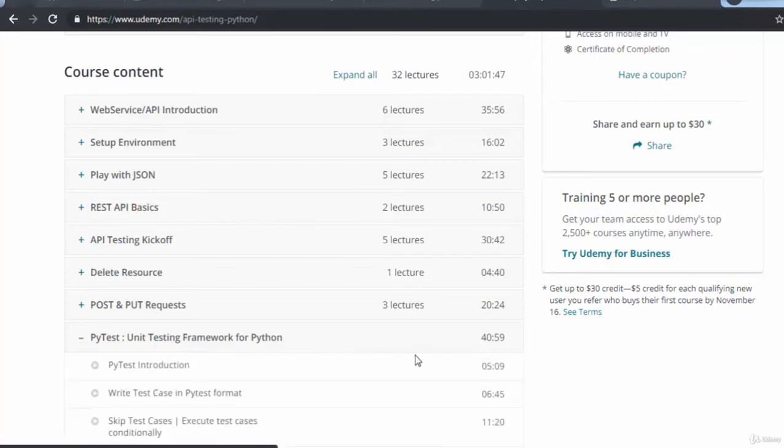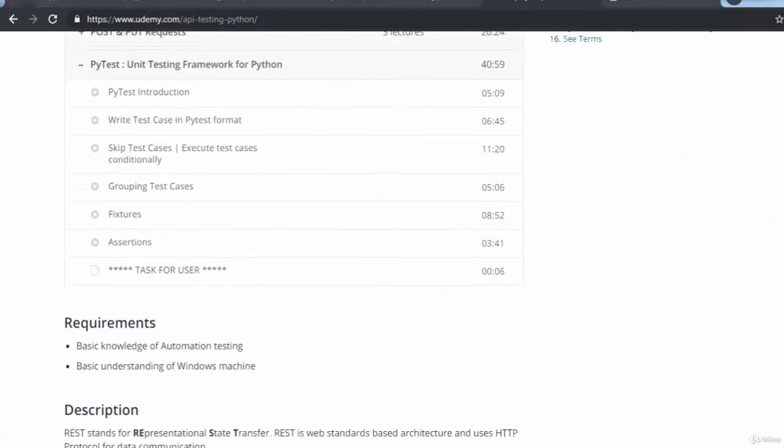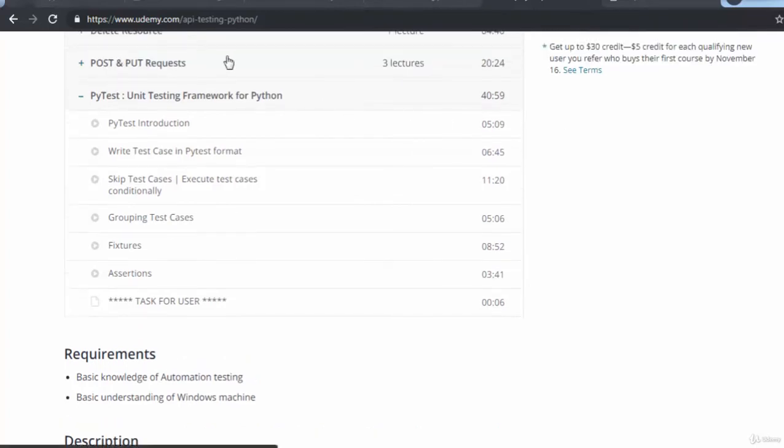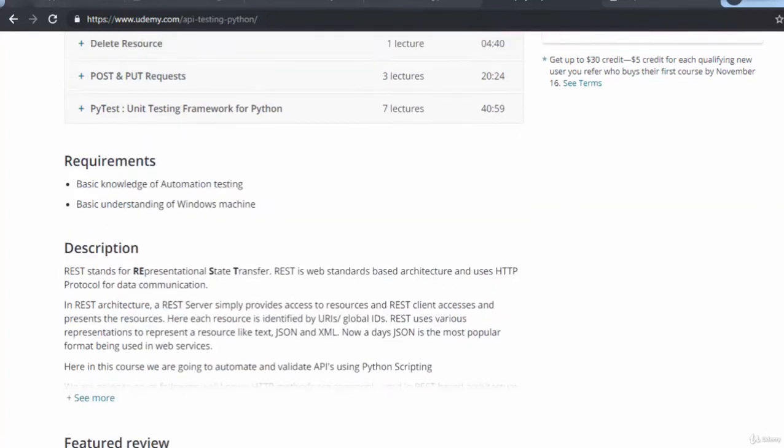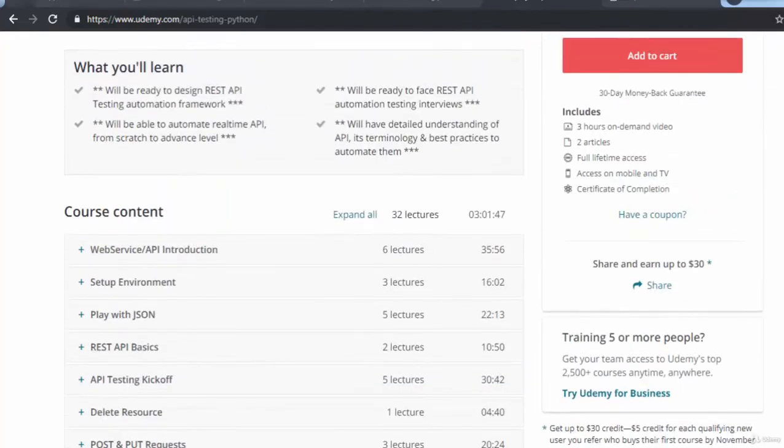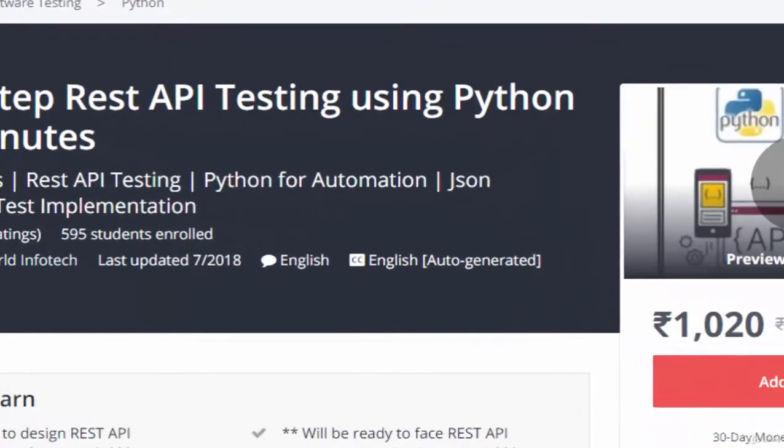And we have added an exercise: whatever test cases we have automated previously without PyTest, now it's your responsibility to automate all these things using PyTest. That's the overall structure of the course, which is going to be completed within 200 minutes.